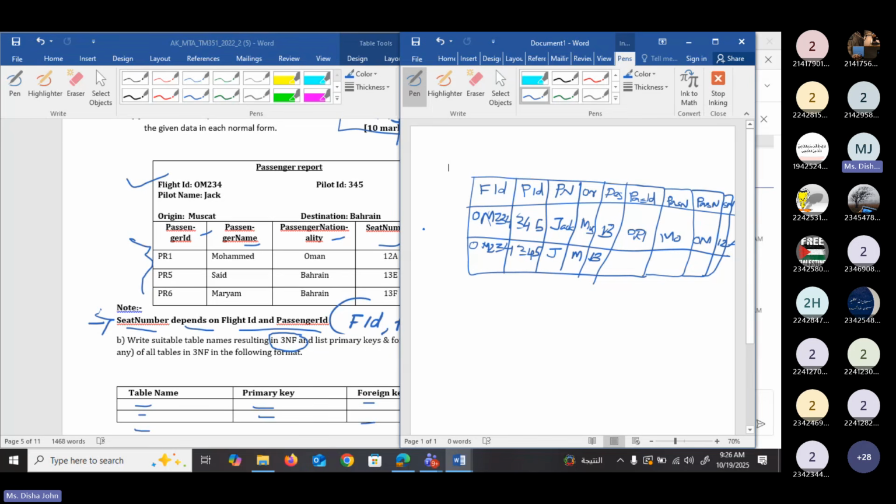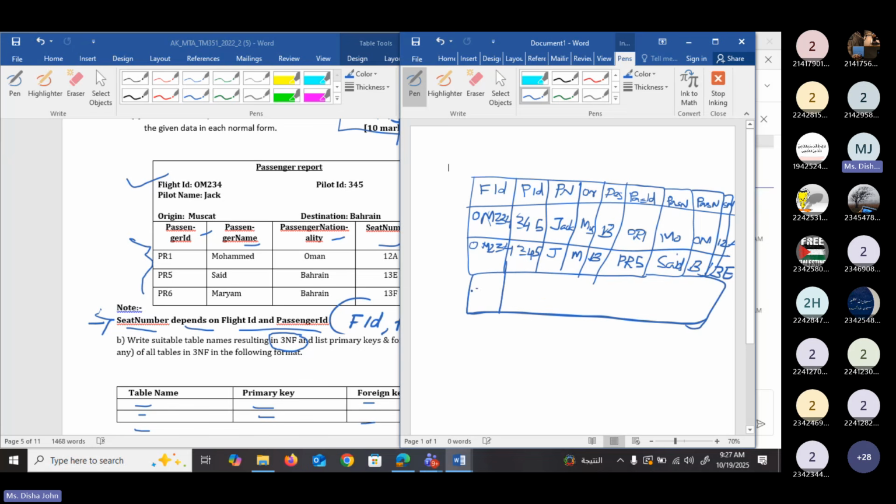Okay, so passenger ID. Here you can see the next passenger ID is PR5. So here you have to write this is PR5, and his name is Said, and his nationality is Bahrain, his seat number is 13E. Like that, we can write the next passenger also.